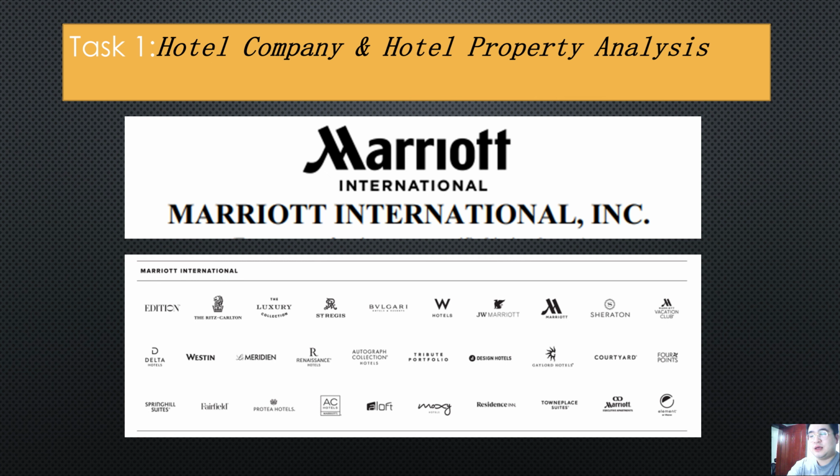In task 1, it will provide a financial analysis of the allocated hotel group, Marriott International, based on its annual report for 2021. Marriott International is a multinational hotel group, which has more than 30 famous hotel brands such as Marriott, Grand Residence, Ritz-Carlton, and Westin, and so on, to cover various levels of market segments. Its strategy goal is to make Marriott an everyday part of the members' lives.